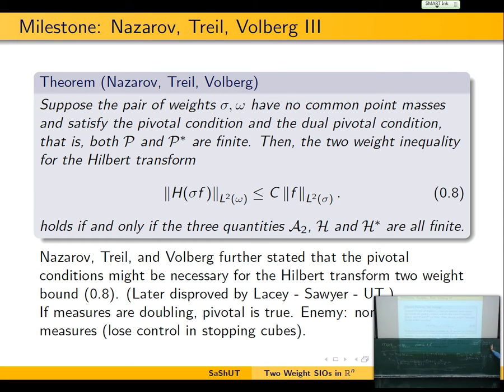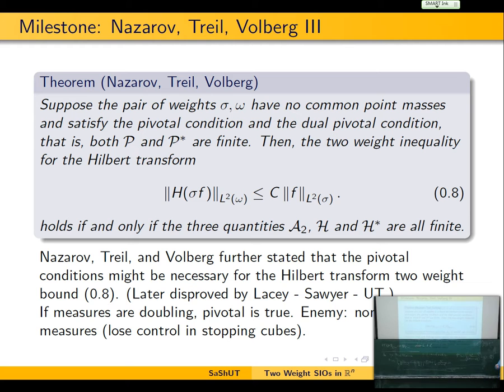So then it cannot satisfy the norm inequality, okay? It was already known before that there were examples. Basically, the Sarason conjecture at the beginning could be formulated in terms of, is A2 necessary? This was disproved by Nazarov. Then you could say, well, maybe A2 plus one of the testings.